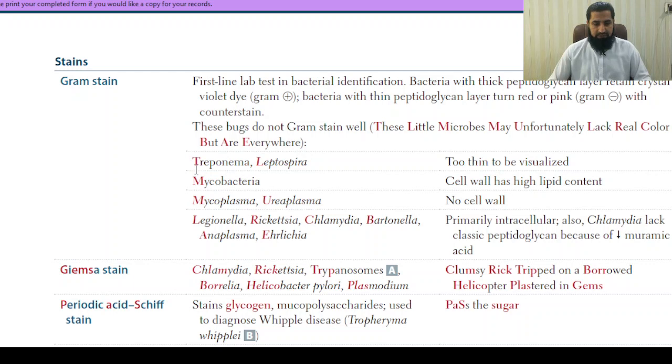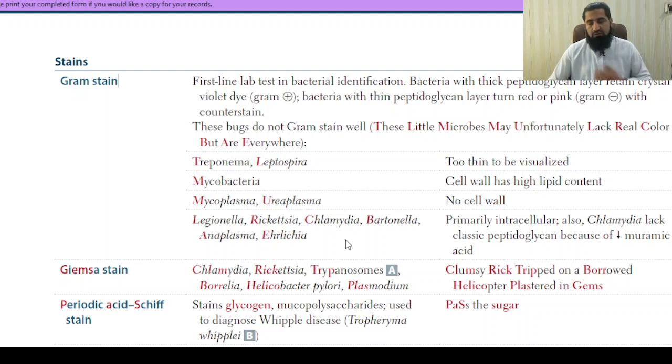T for Treponema, L for Leptospira, M for Mycobacteria, M for Mycoplasma, U for Ureaplasma, L for Legionella, R for Rickettsia, Chlamydia, Bartonella, Anaplasma,